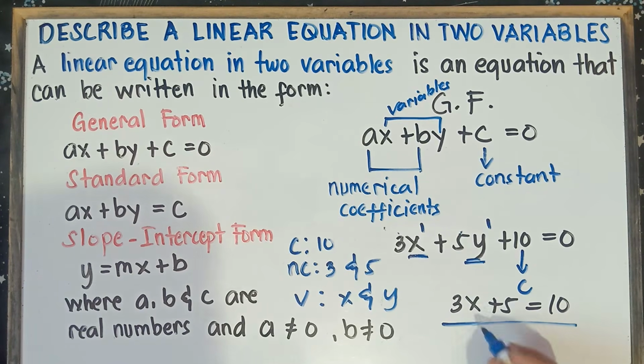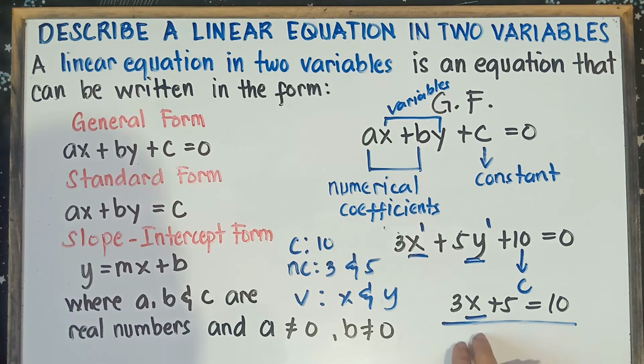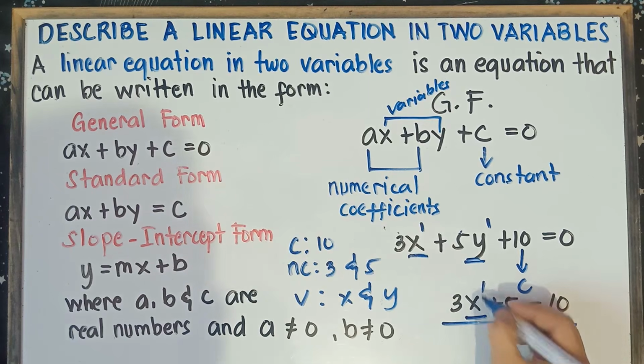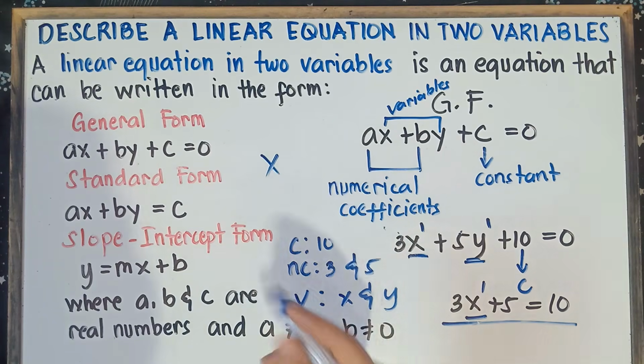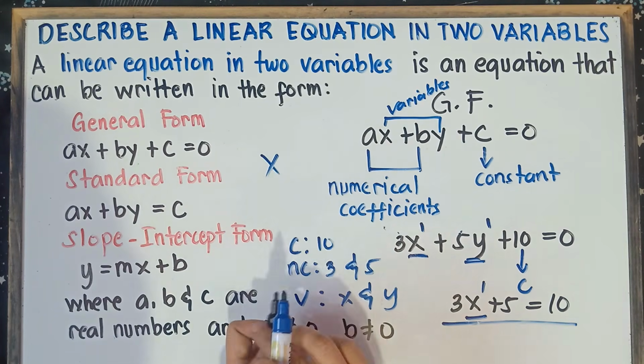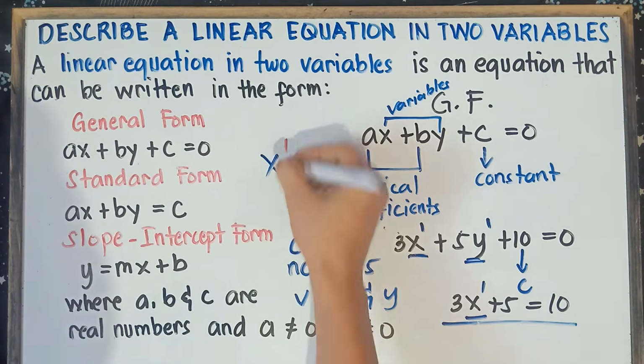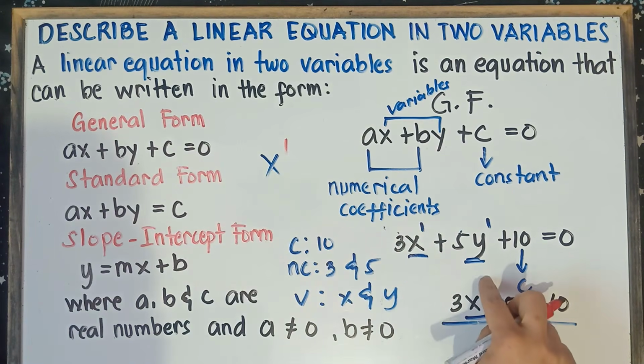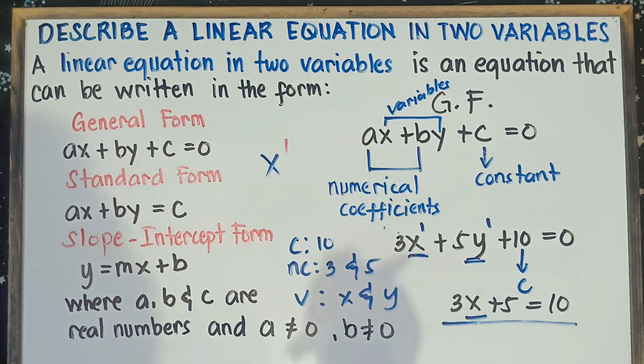Our variable is only x. Okay, we can call this one linear equation in one variable. We call this one linear equation because the highest degree, or the highest exponent, of the variable is only 1. Understood that there's 1 here. So if you have a letter and you didn't see an exponent, understood that the exponent here is 1. And then we only have one variable, therefore we call this one linear equation in one variable. But this time, we call this one linear equation in two variables.